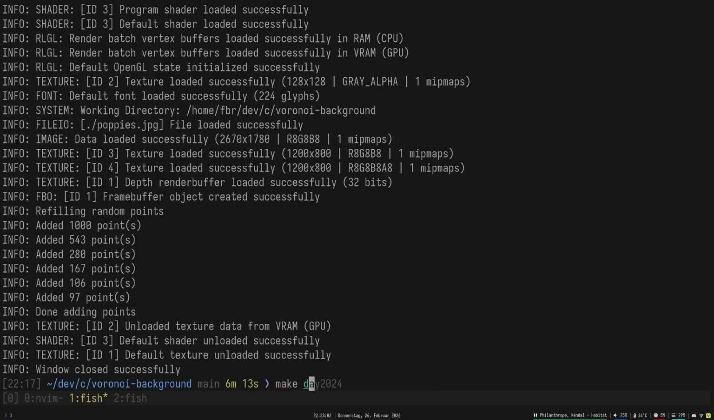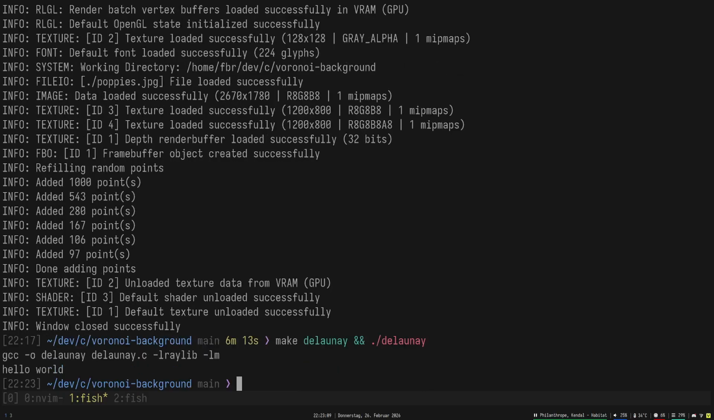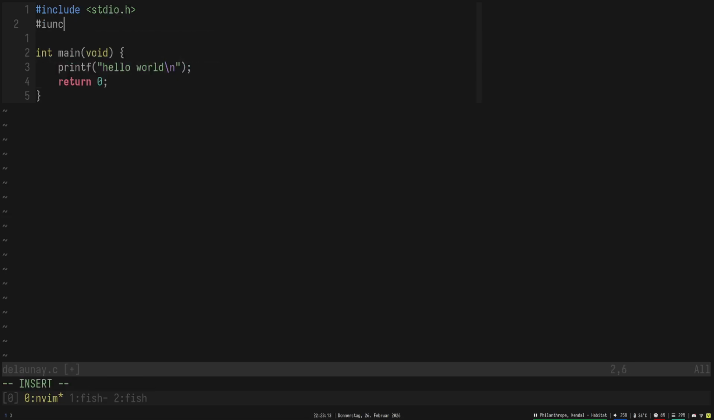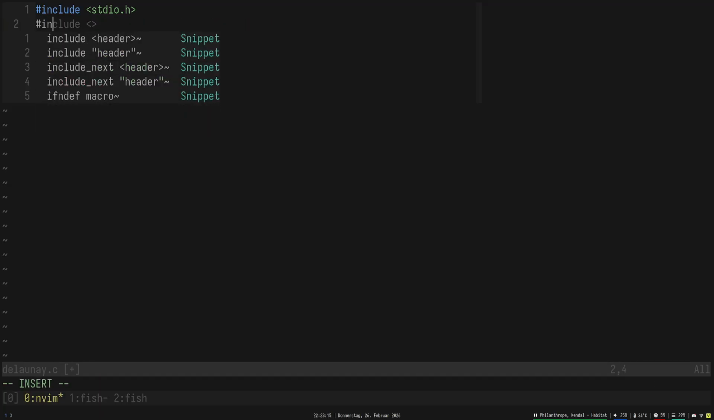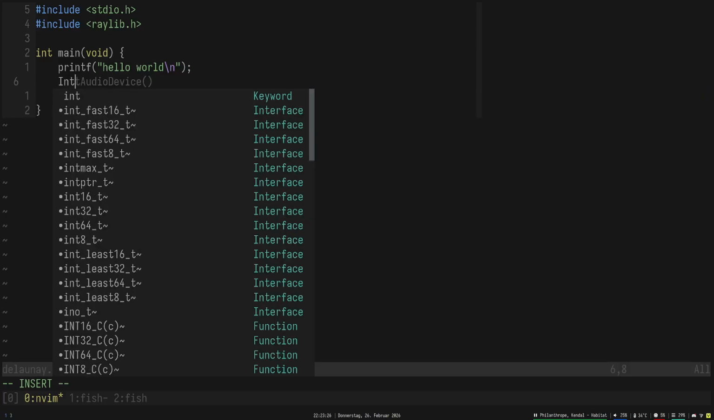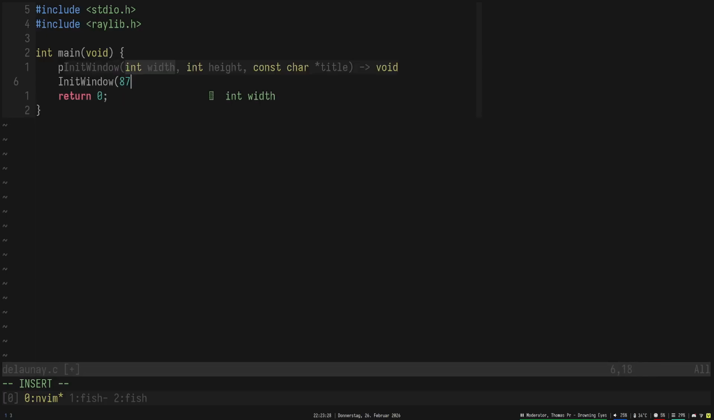Great. Make Delaunay. And it says, hello world, professional C developer. Okay. In here, I want to include Raylib.h. Like that. Init window 800, 600,